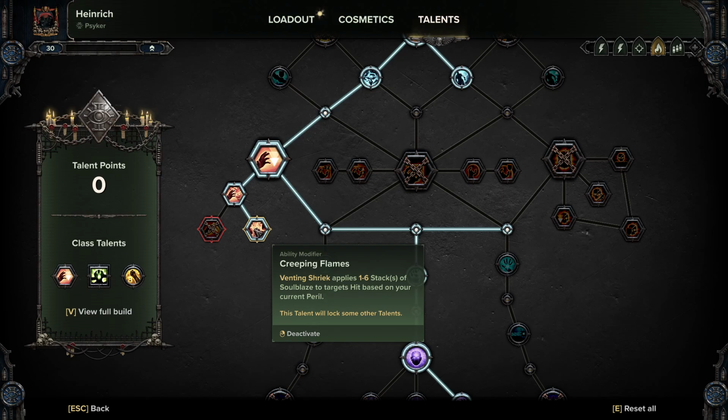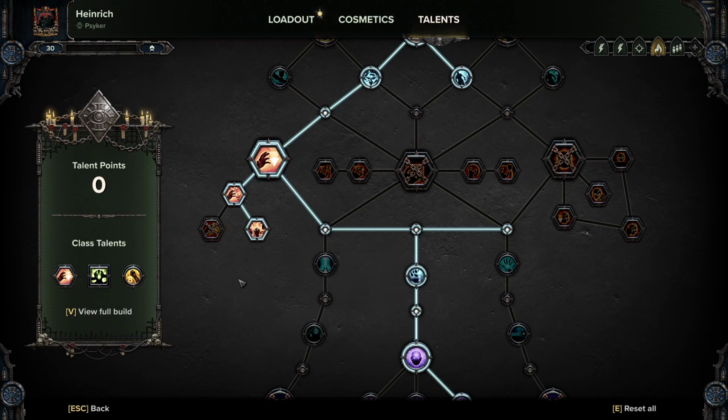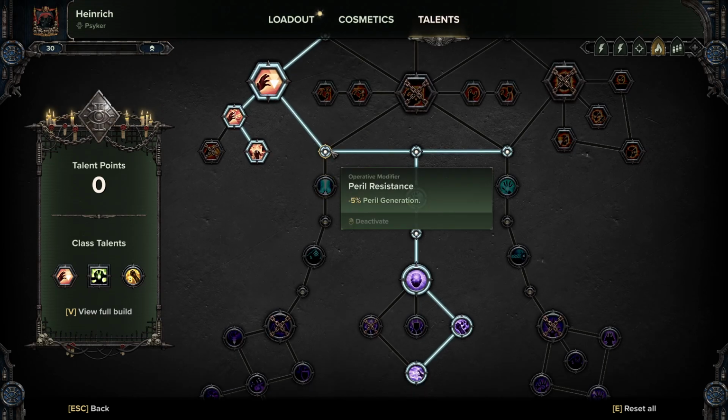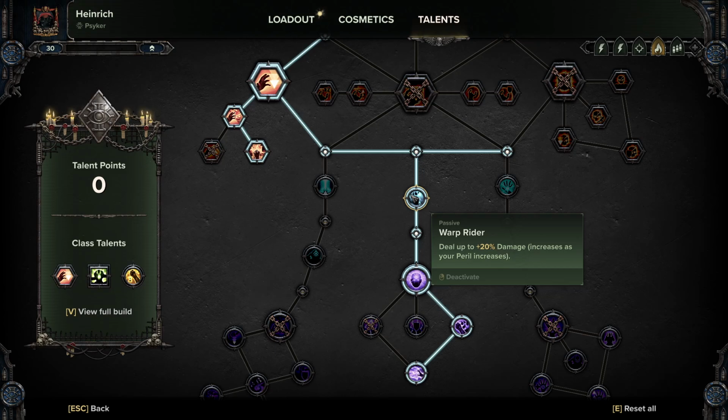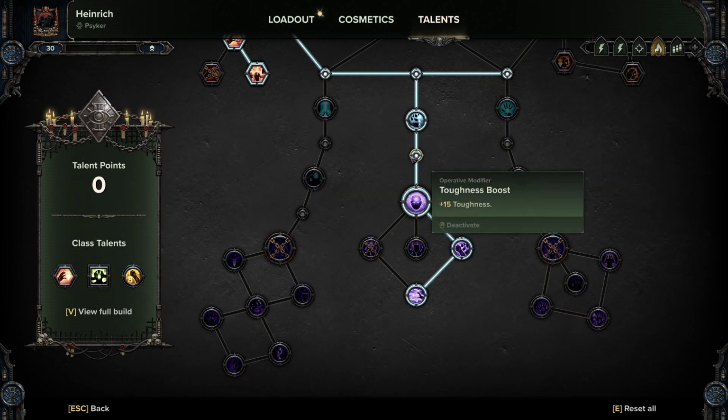And then Creeping Flames: Venting Shriek applies 1 to 6 stacks of Soul Blaze to the target hit, based on your current perils. We are going to be riding those perils extremely high, so both of these are going to help us massively. And then down here, we're going into Peril Resistance, increased health, critical hit chance, Warp Rider, deal up to 20% increased damage as your perils increase, toughness boost, and then we're